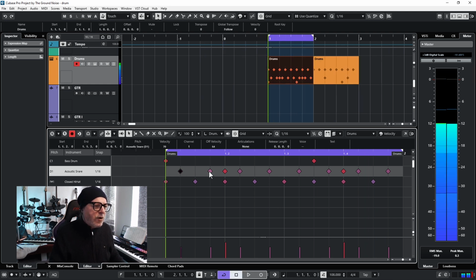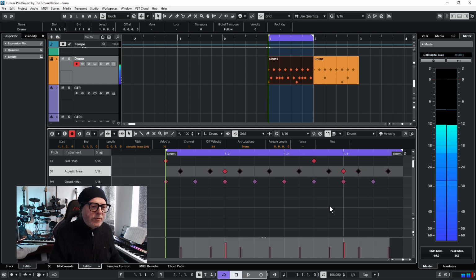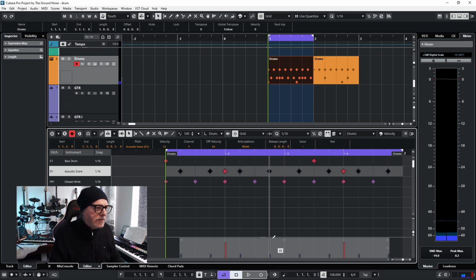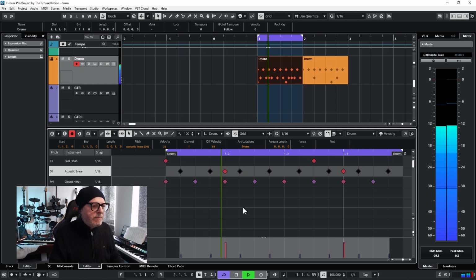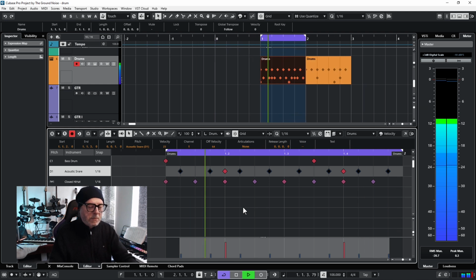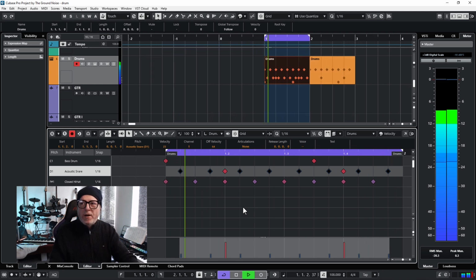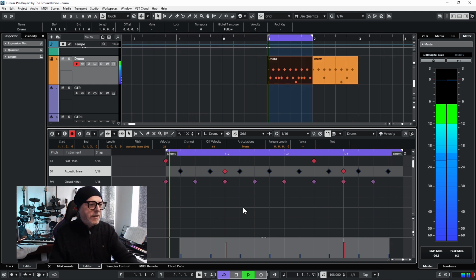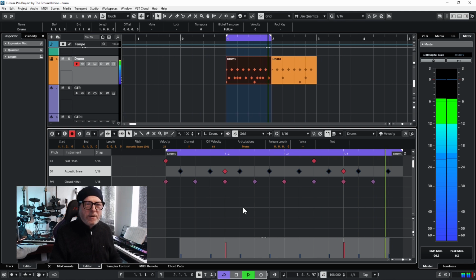So let's go all in, select them again, and now I make them really quiet, you know, like 20 or 24, something like this. Wow! That's the kind of magic, right? Because we've added a lot of very quiet notes, but they are still audible because we placed them in between